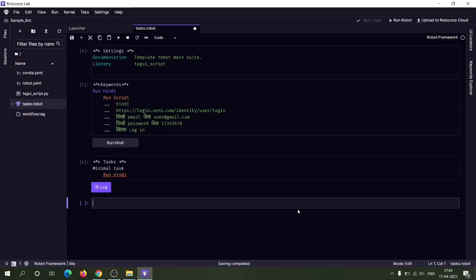Now there are certain cases where you have to store the data. For example, we are getting some output through a Tag UI automation, and we need to store it in a particular variable. It is also possible here.